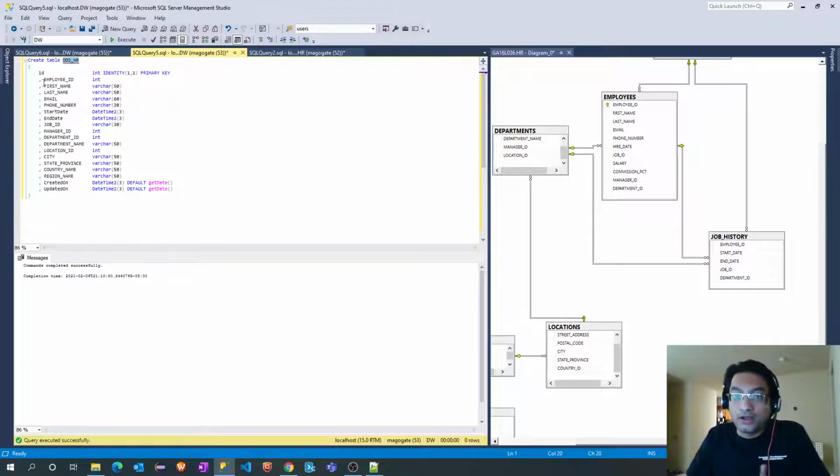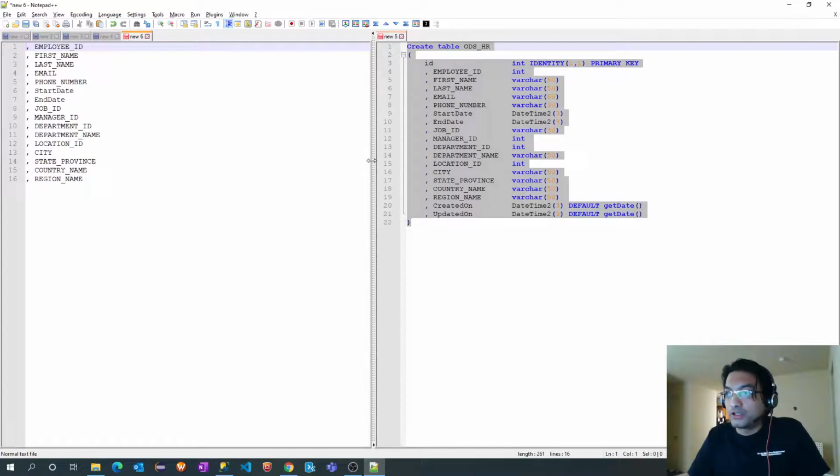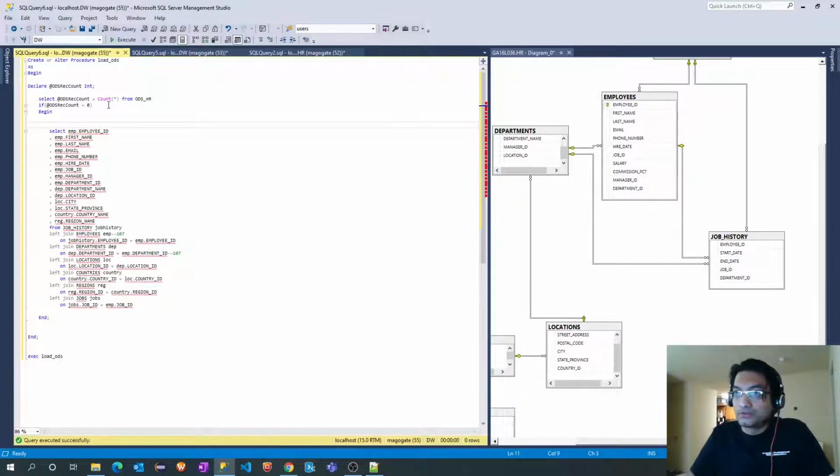Again, out of these many columns, 3 columns are getting updated by default, so I just need the remaining columns. So I'll copy these columns. I'll get that in Notepad. We can keep those columns in the same row, that's fine, or a different row, that is fine.